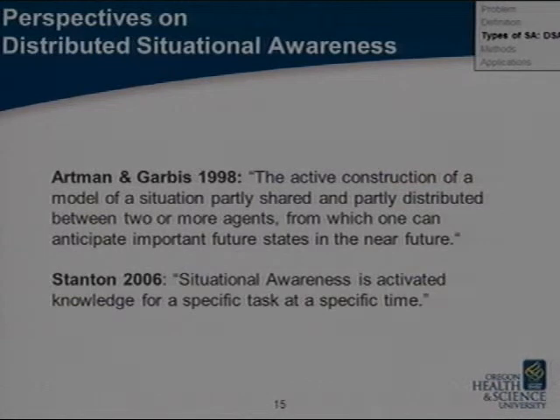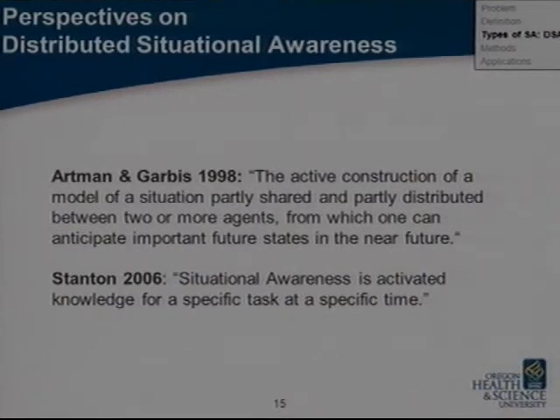So in this notion, situational awareness can be distributed in that human agents have their own awareness of the environment. They can embed information within other objects that other agents can read and learn what was going on in an indirect fashion. One of the examples provided by, I believe, Artman and Garbis was a fireman reading a smoke detector on a building. He knows there's a fire by the indirect information that the smoke detector is providing.